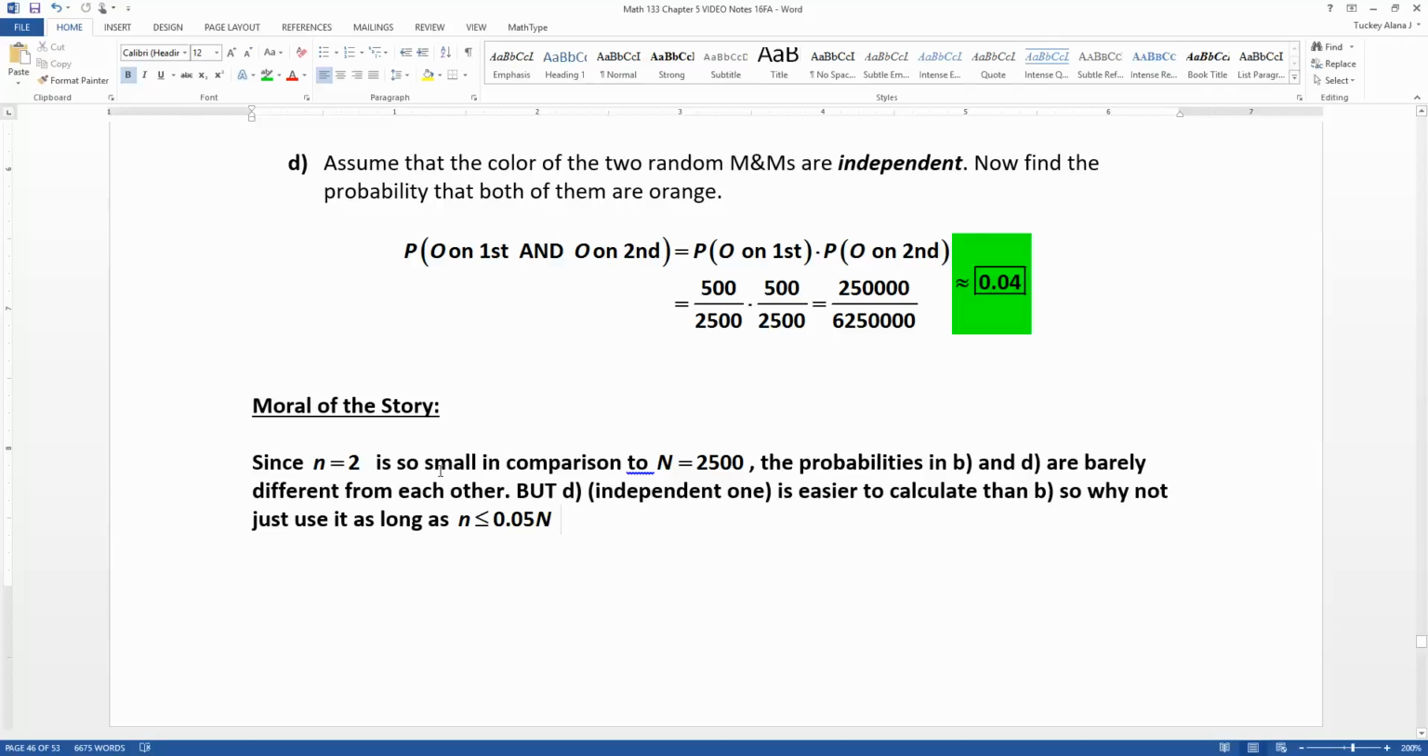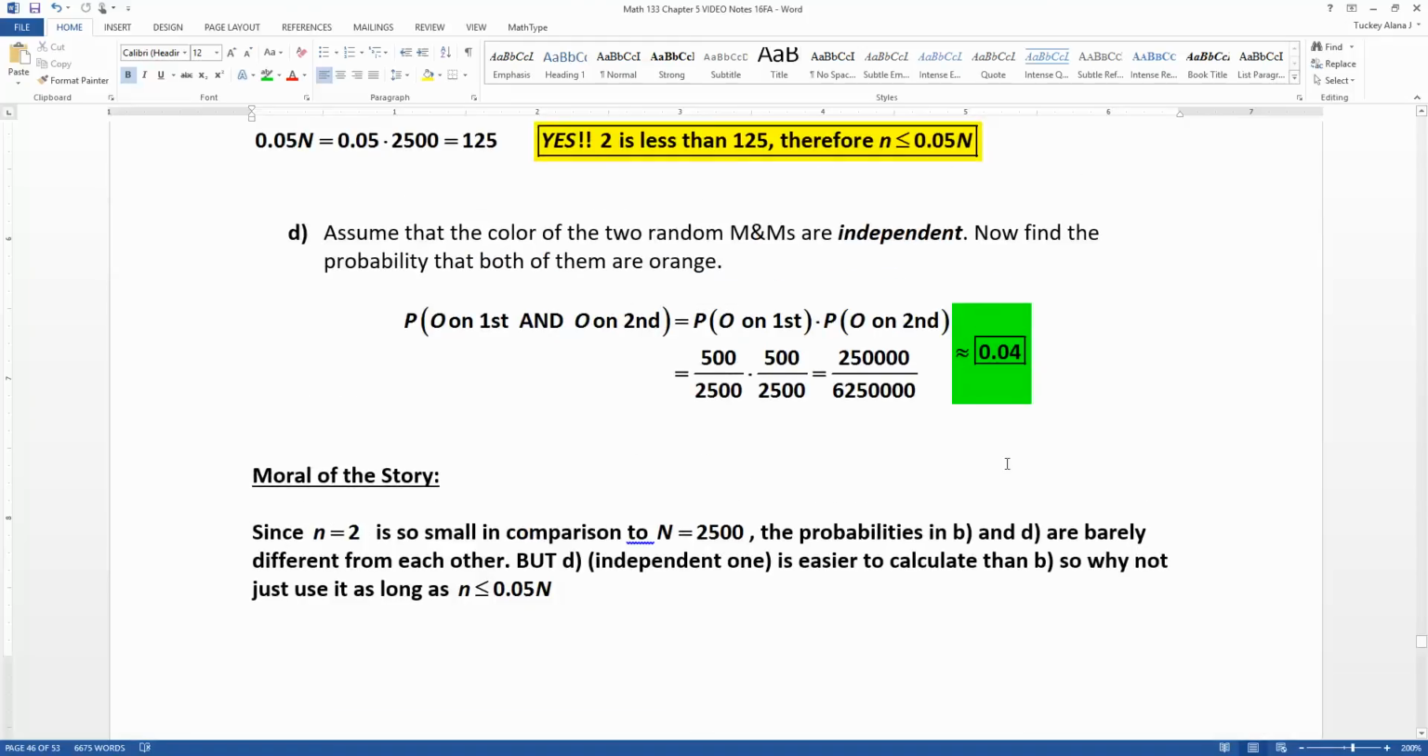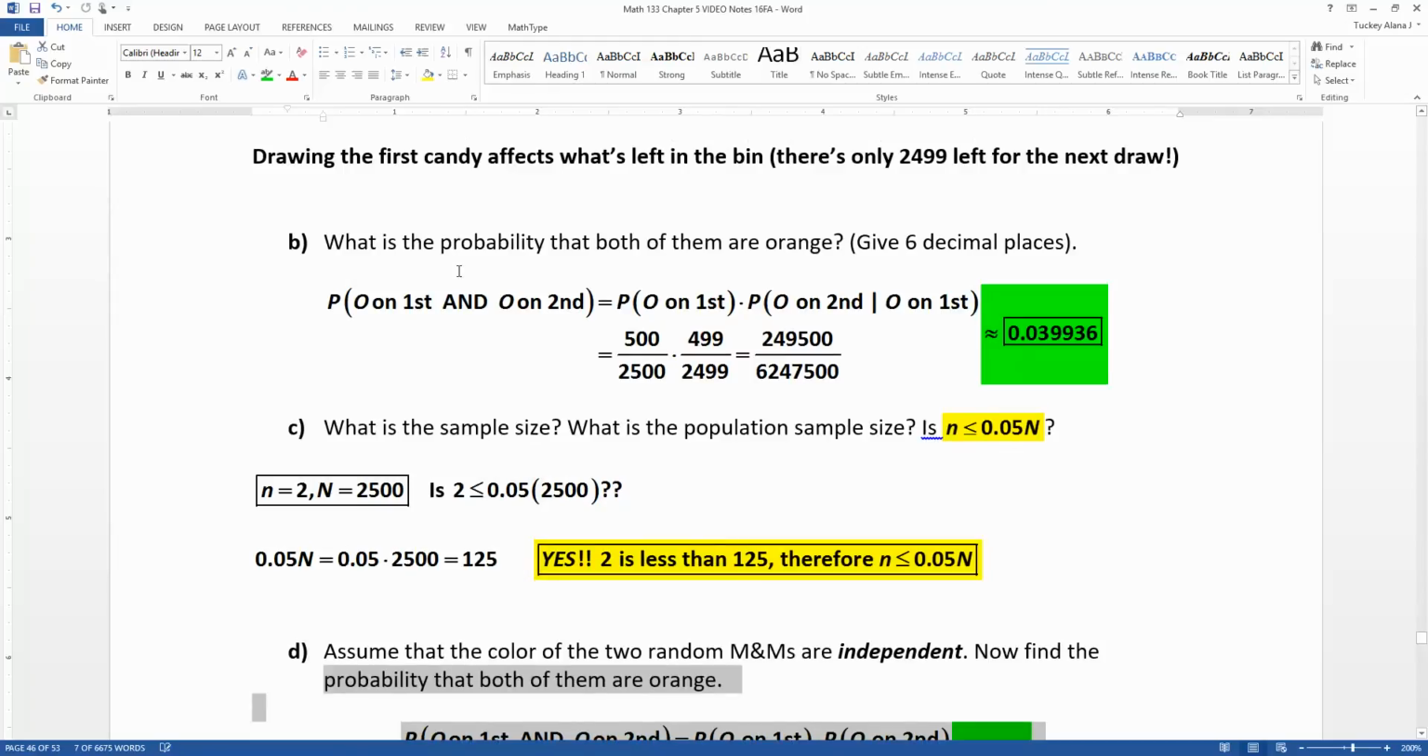Since n equals 2 is so small in comparison to capital N, which is 2,500, the probabilities we find here in letters B and D, the green ones, are barely different from each other. Here, I'll highlight that. Those probabilities we found are so similar. But the D one, the second one, is actually easier to find because it doesn't involve a conditional probability. You just treat it as if every draw is the same: 500 out of 2,500, 500 out of 2,500. As long as you're taking a very small amount, why not use that calculation, this second one right here? Because this is a whole lot easier to do than this one, which involves that conditional probability